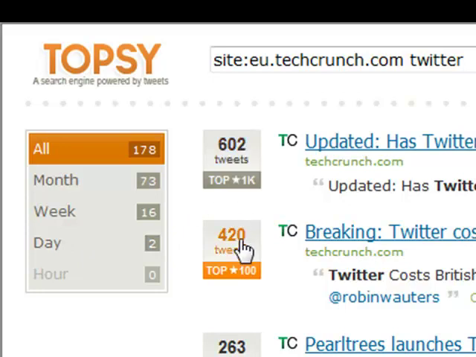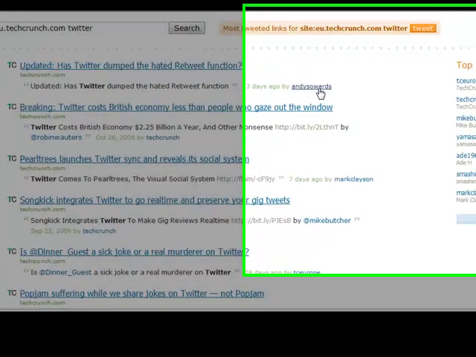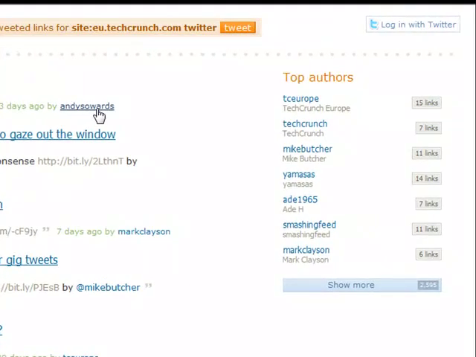You can see the number of tweets that have actually gone out on the topic, and then you can see the actual topic, where it was located, what the time frame was, and exactly who posted that tweet, which is pretty useful. What you also have here on the right side is top authors, and this is actually a pretty good bit of information here under top authors. In this specific example, I'm not going to get very much useful information as a recruiter, but if you're running,